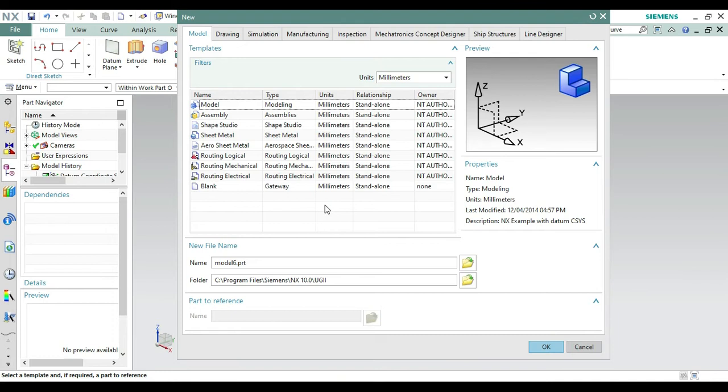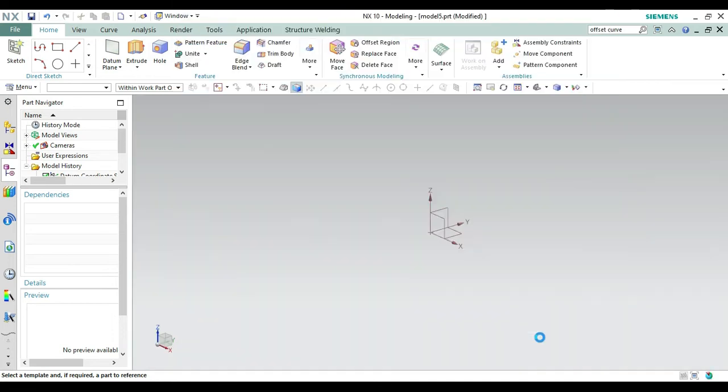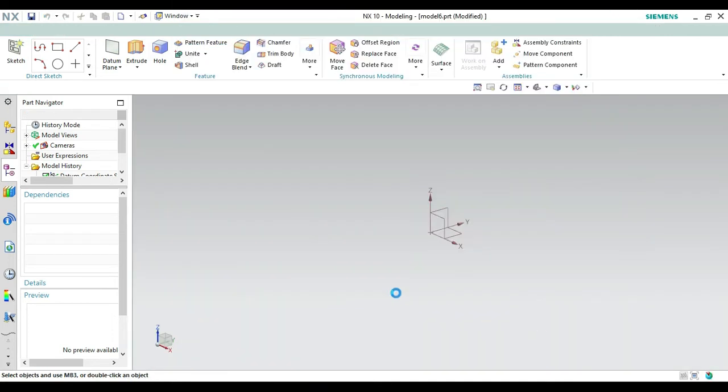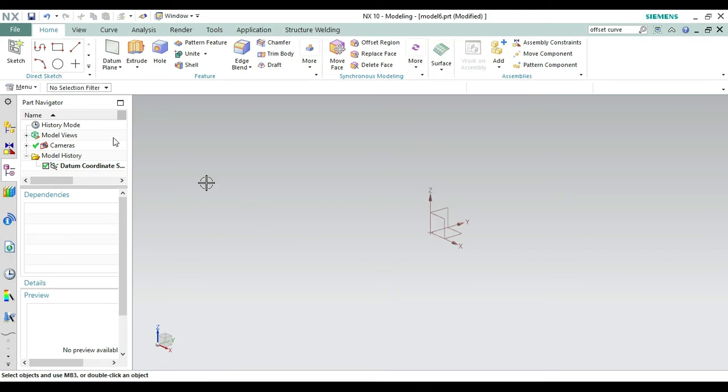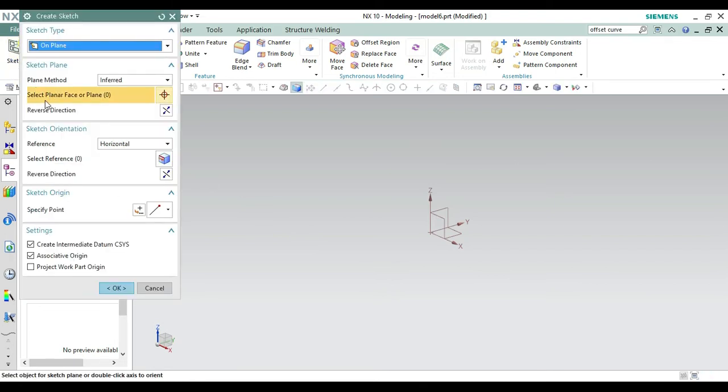In this video we will learn how to add text on a circular body. The first step is to click on Model and make it okay. Now we have to select the sketch, meaning the plane on which you want to work. You can work with XY, XZ or even YZ. I usually prefer the XY plane, so click on Sketch. Now select the plane or face, click on the XY plane and make it okay.